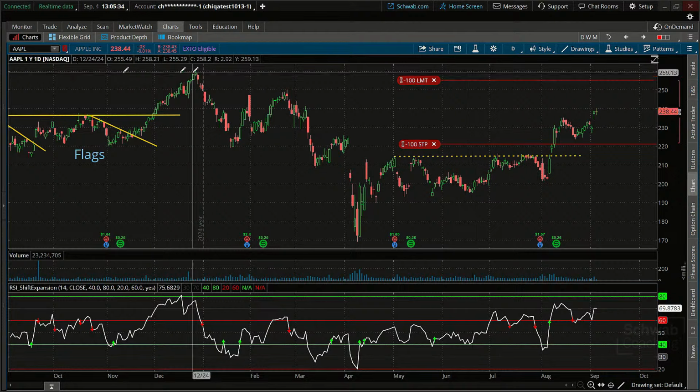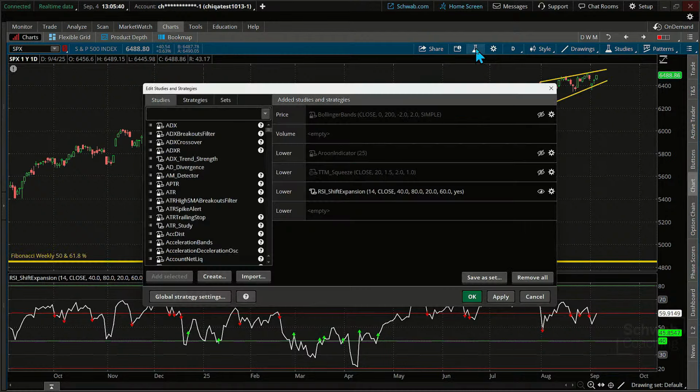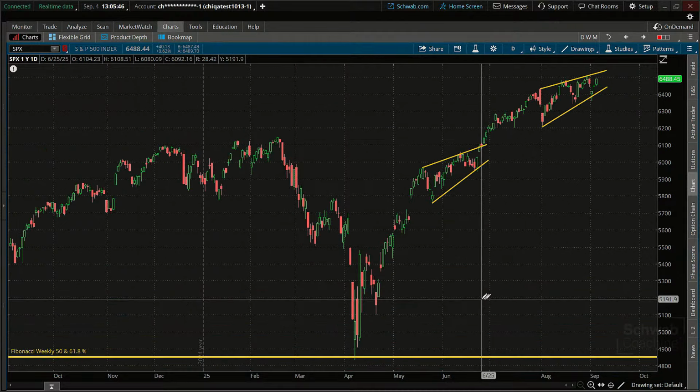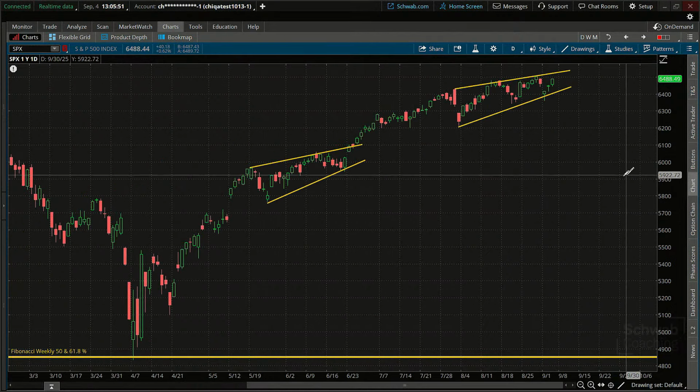So first off, I wanted to go to the SPX just briefly and take a look at that. I'll take this off for just a moment because we're going to compare our indicator here with the RSI specifically, because it is the RSI. It's just showing us some of those ranges. But for now, we talked about this indicator. I do like to talk about the markets briefly because the markets can give us a general idea. How do we want to use this indicator? Do we want to use this in a bullish way? Do we want to use it in a bearish way?